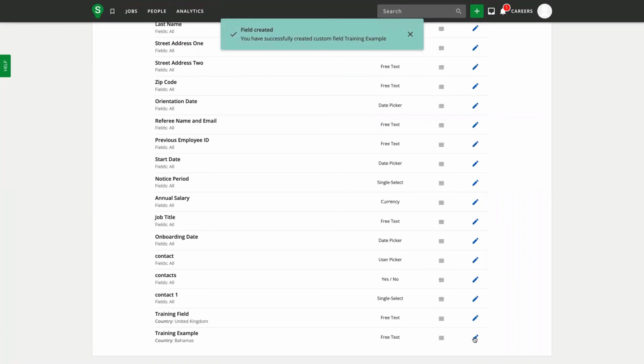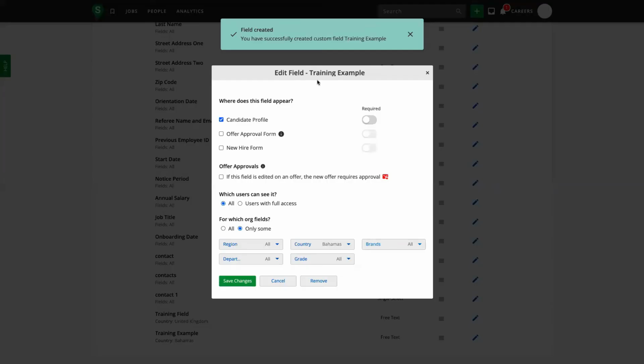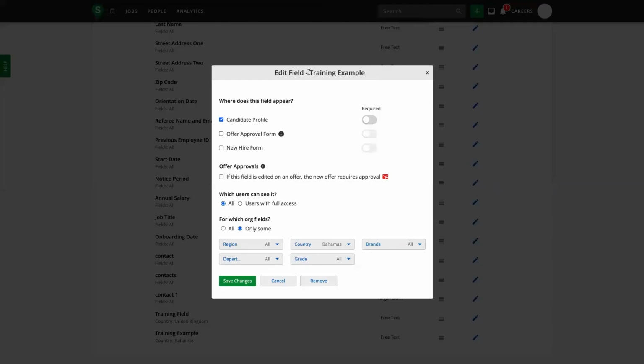At any point, you can come in and edit this field, but notice you cannot change the name. So just be mindful that when you create a field, you want to make sure you have the name correct and your spellings are correct, because whilst we can remove these fields from the system, they are not truly deleted in that that field and its name will be retained for reporting purposes. So it's not something we can then go and create additionally in the future. So just be careful when you're naming your candidate fields.